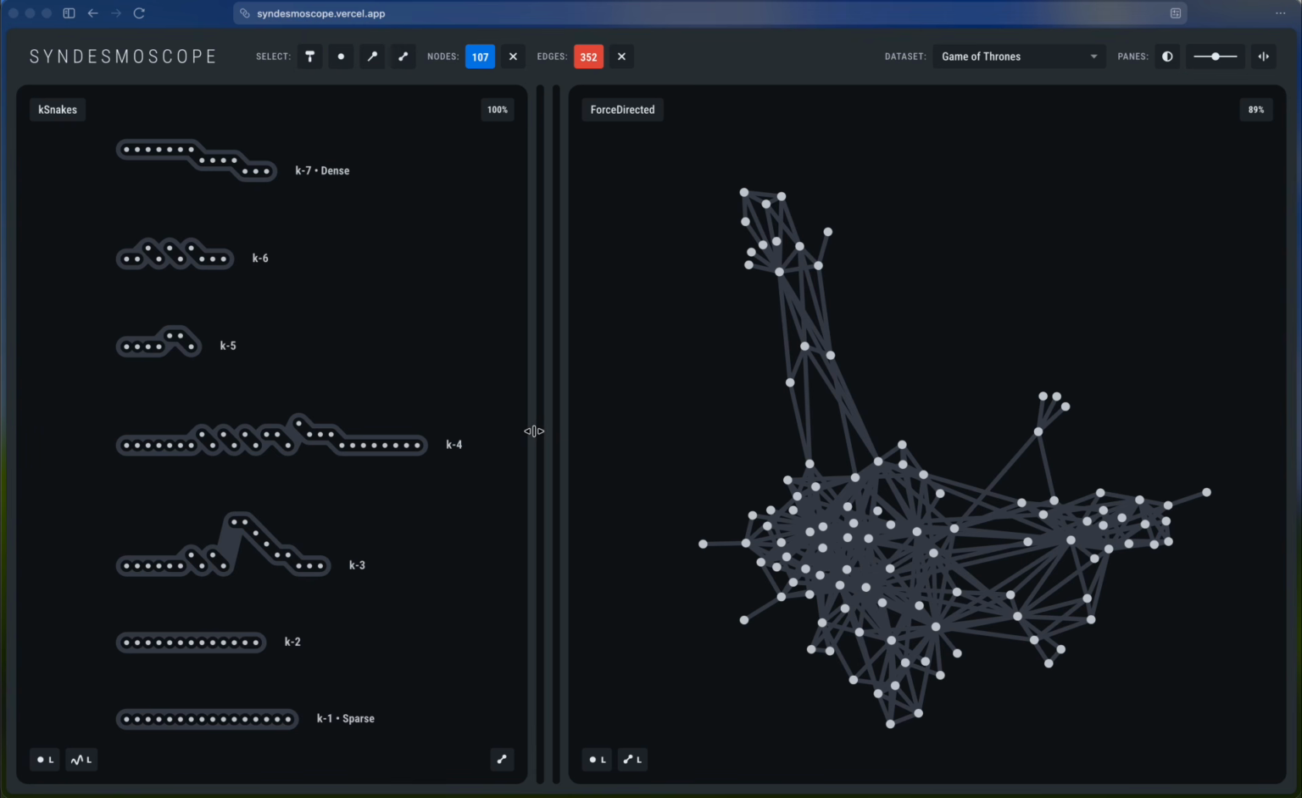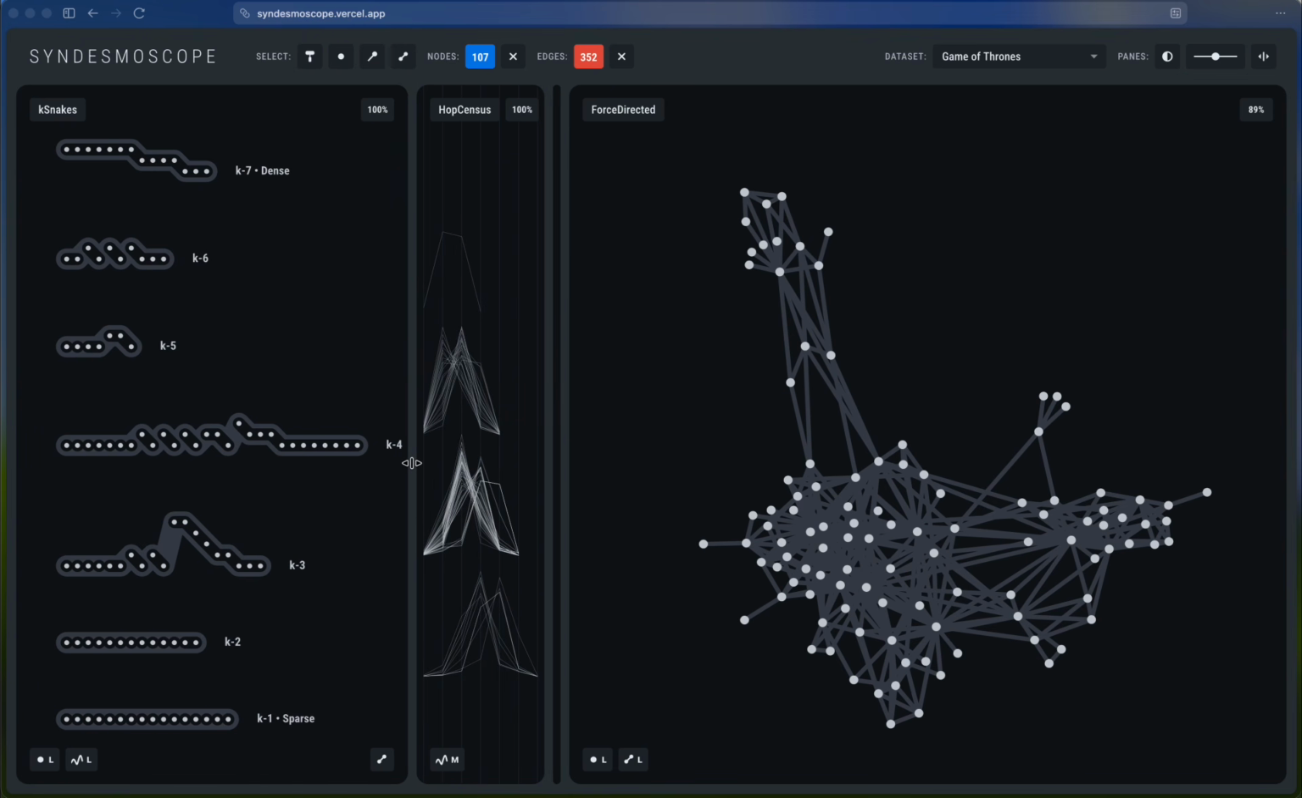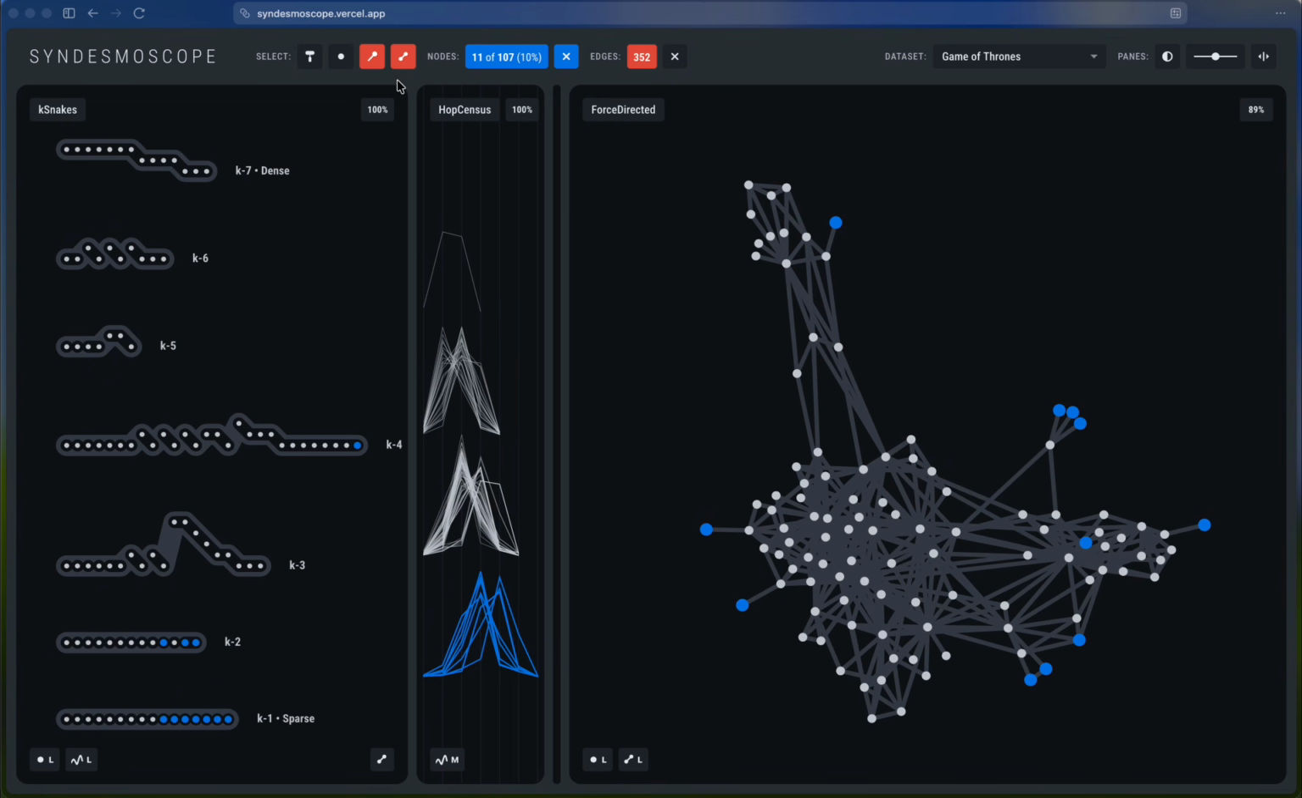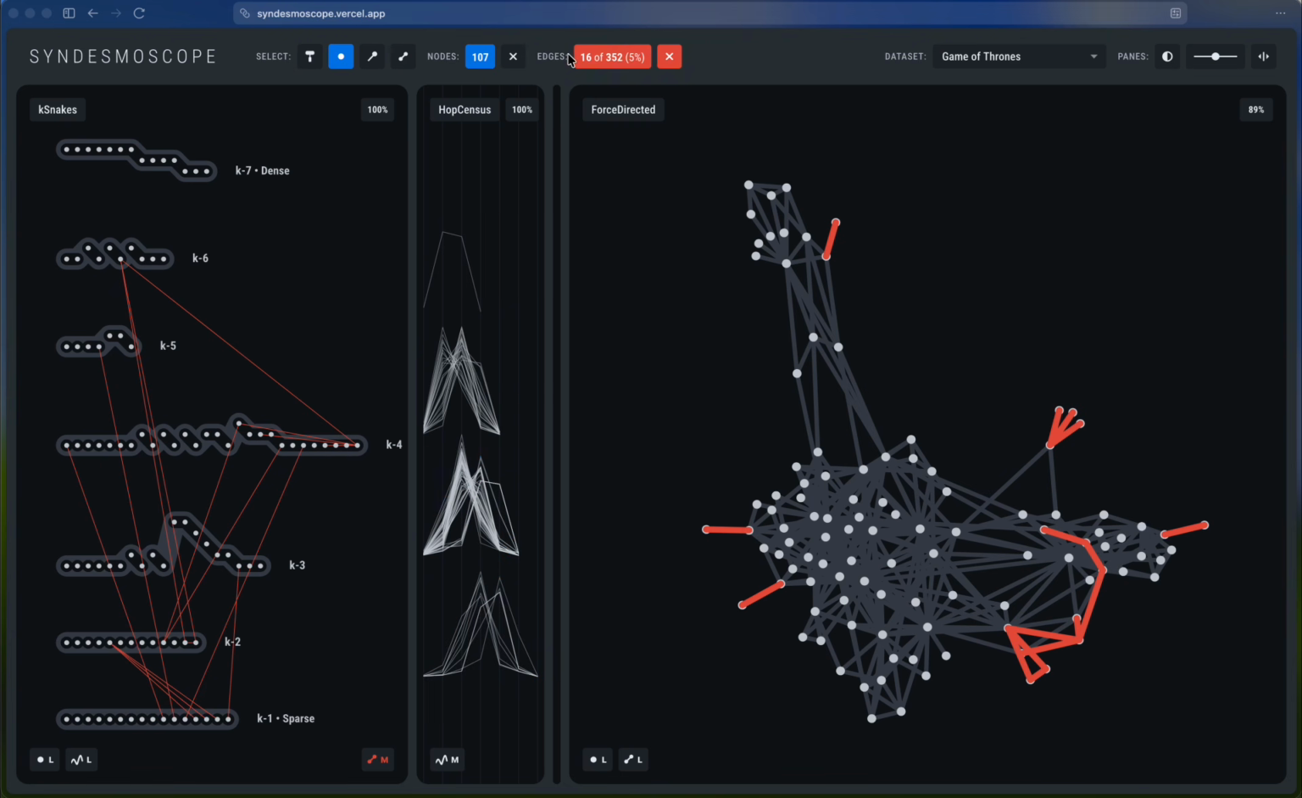Now let's open our second view, the hop census pane. In this example, the top bin holds a single polyline. This polyline is the most central node of the graph. In contrast, the bottom bin has many polylines. These are the nodes on the perimeter of the graph. In K-snakes, we see that some of these are leaf nodes, in the sparse K1 shell at the bottom, but other nodes belong to denser shells, like K4, and some outbound edges reach all the way up to K6 near the top. Both the K-snakes pane and hop census pane are invariant plots, which means that their visual patterns come